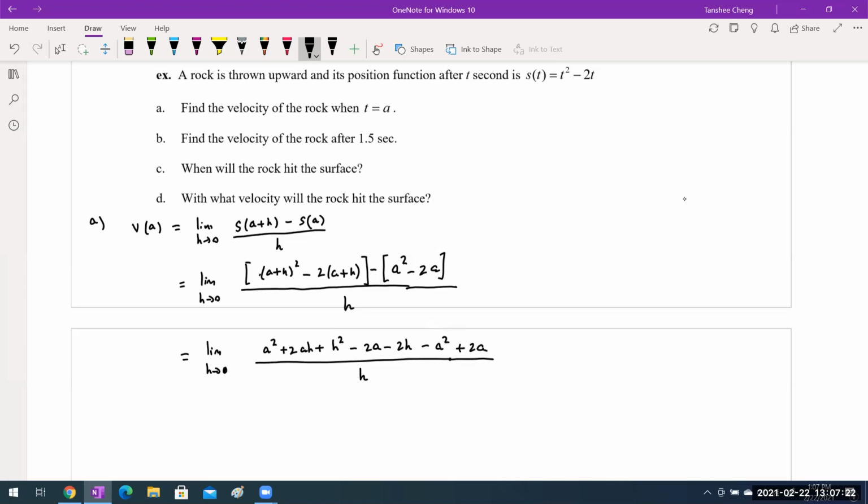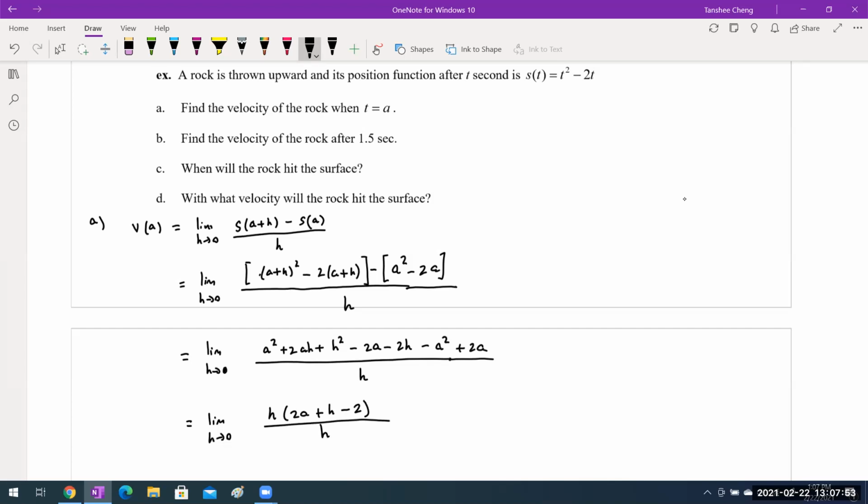We got that. Simplifying a little bit further, that will give us the limit as h approaches 0. A squared cancels out. Minus 2a and plus 2a cancel out. I have 2ah plus h squared minus 2h. And we want to reduce with h, so I'm going to factor out h right away. So it'll be h times 2a plus h minus 2